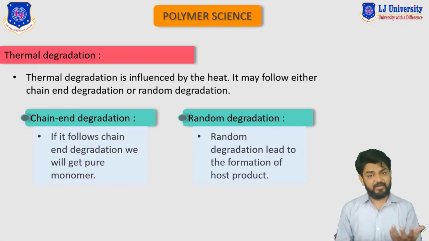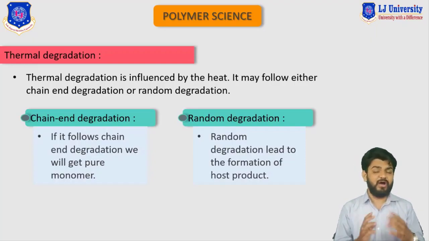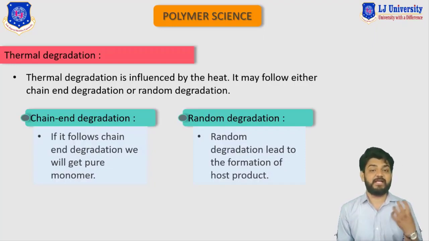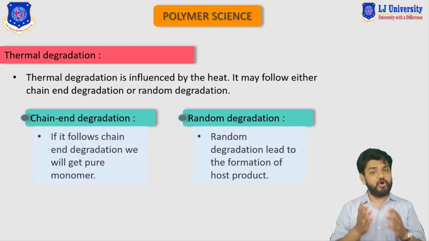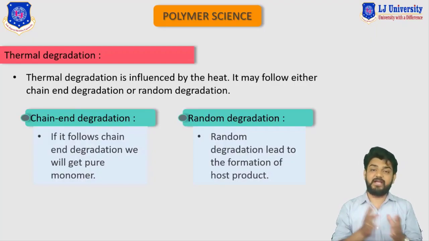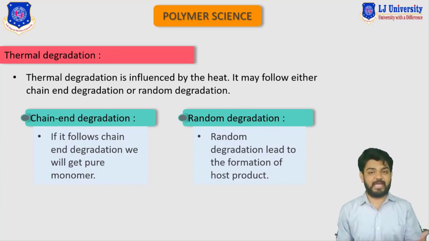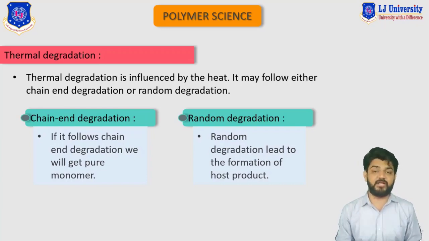Now, in upcoming videos, we will discover how this thermal degradation process takes place with actual examples of monomers. We will also try to understand the different significant effects that affect this entire polymer chain, that means the carbon-carbon bond between two specific monomers. And we will also understand how this thermal degradation process can change different properties, either chemical or physical, of your long polymer chains.